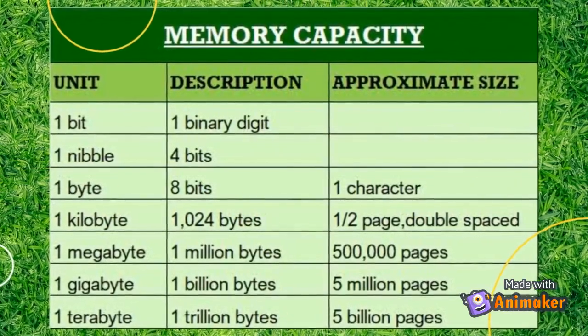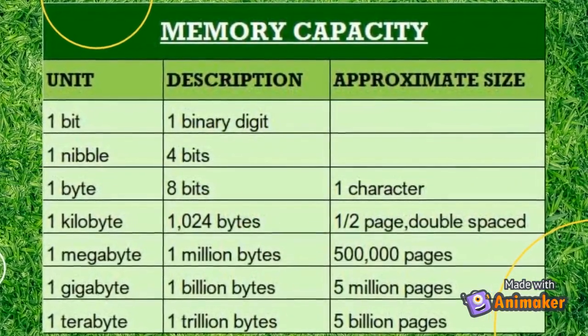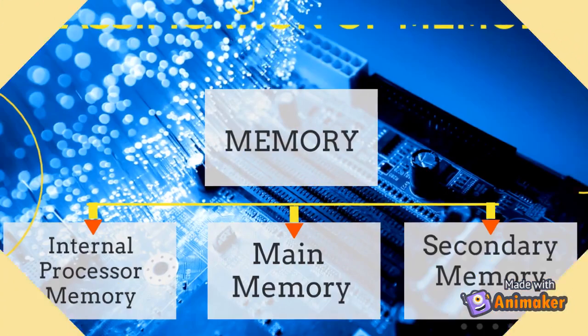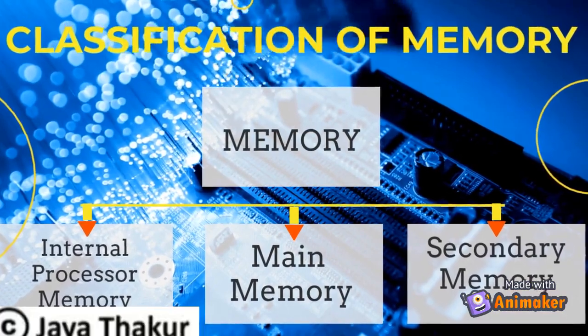In the above image, we can see the capacity of memory, or how it stores data or programs. Memories are of three types, starting from